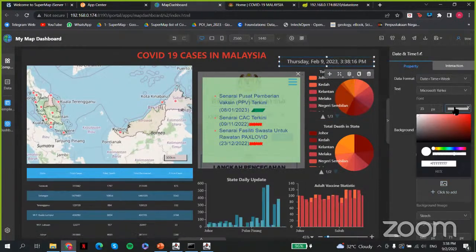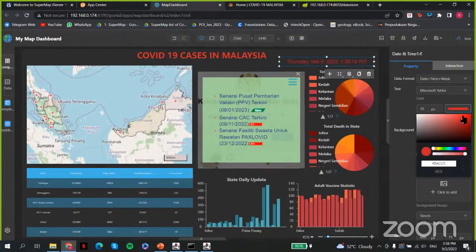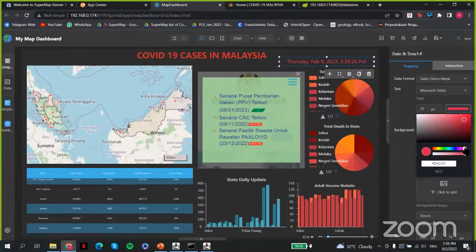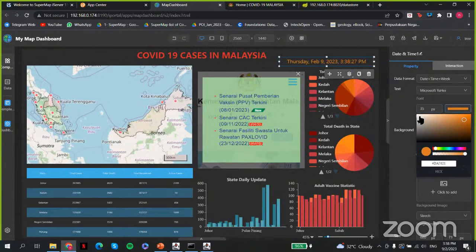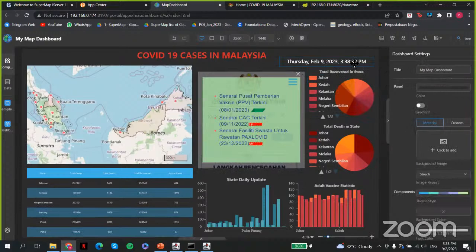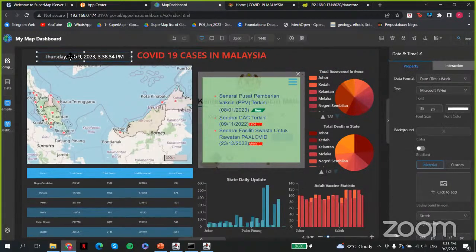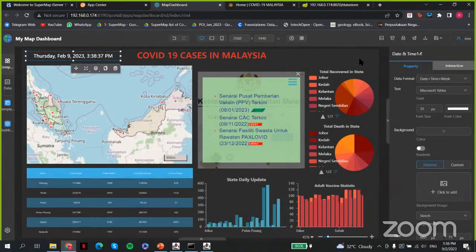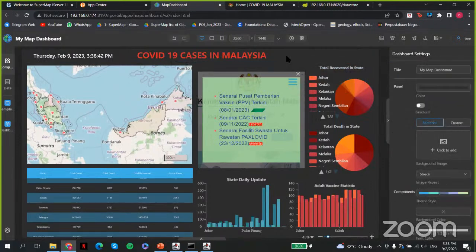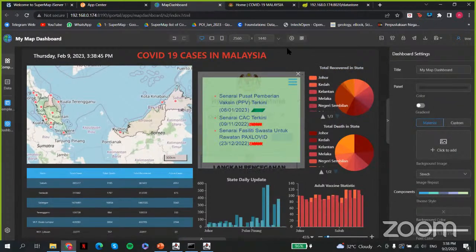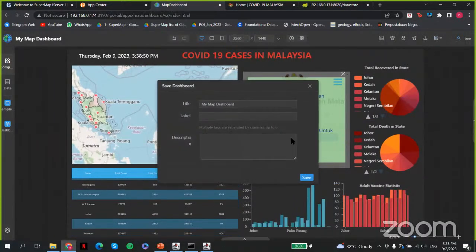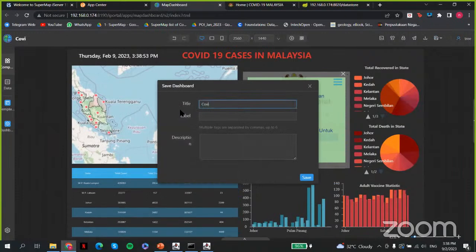So okay, you can change like the font color here. Oh, blue. Wait, blue, no. Okay, I think just make it white. Maybe because there is a lot of wording here, you can change it from the right onto the left. So okay, and then you can click save here, and you can name it as what you